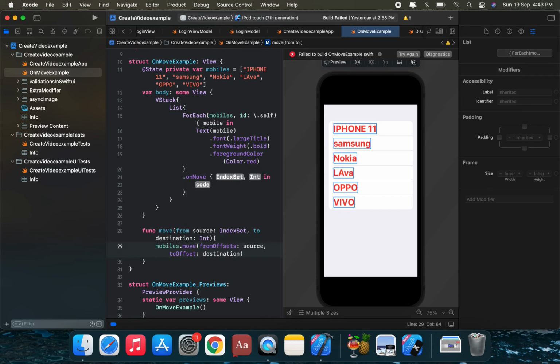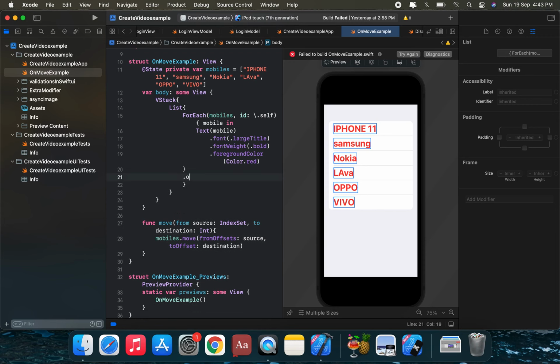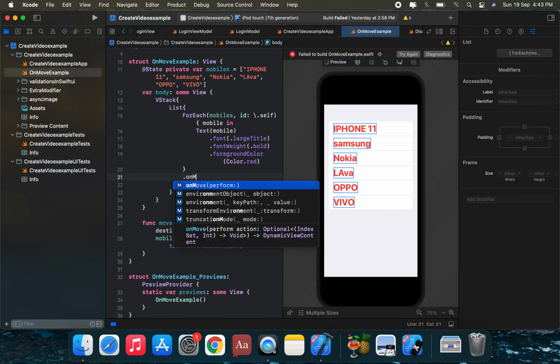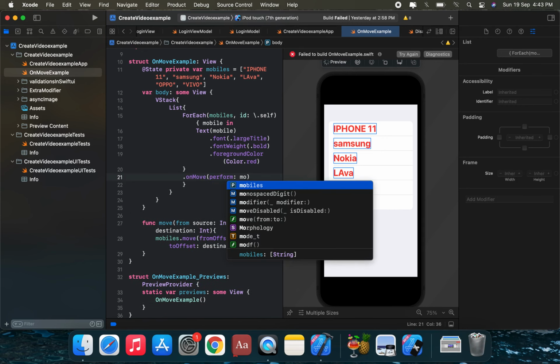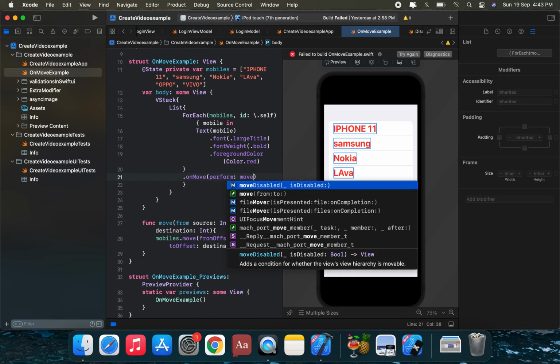And in the modifier we apply onMove, calling this move function.